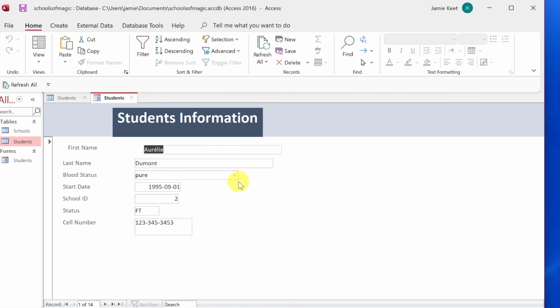Now, with the blood status here, this pulled through to what we created. You could create this in the form view. So I'm going to kind of do this with school ID. It will be slightly different, but we could have created our drop down at this point if we didn't do it in the field. So what I would like right here, this school ID, I'm going to delete it and I'm going to put something else in,